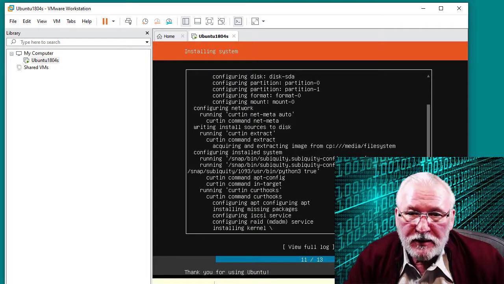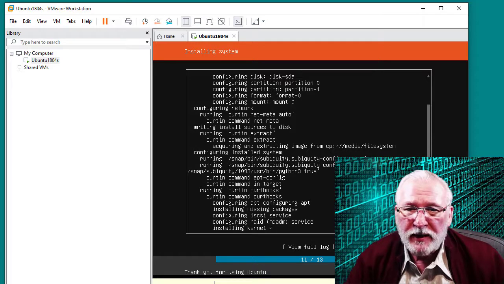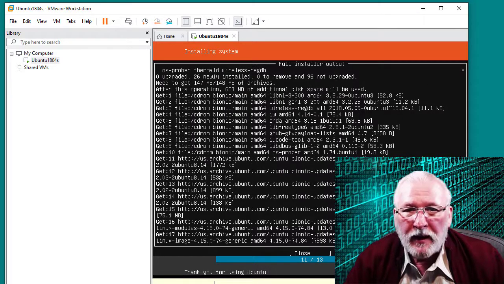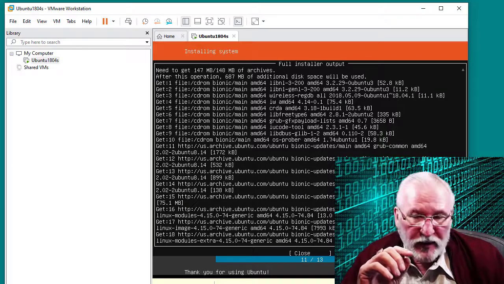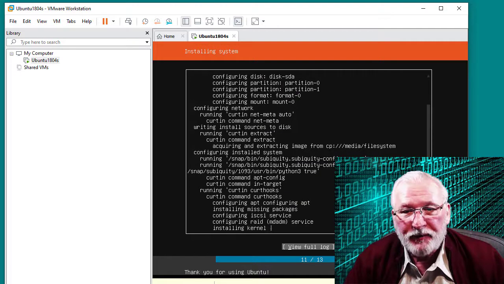Now, it's going to start installing a bunch of things, and then it's going to run an update. And this gets a little bit confusing because it's not entirely clear from the prompts when this is done. So this is going to take a while. If you want to watch what's going on, you can hit the Tab key and select View Full Log and then press Enter to view the full log. That will sort of show you what it's doing, although it's a little bit confusing because there isn't really a progress bar. And then if you want to close that again, you can press the Tab key to select Close, press Enter, and you're back to this sort of